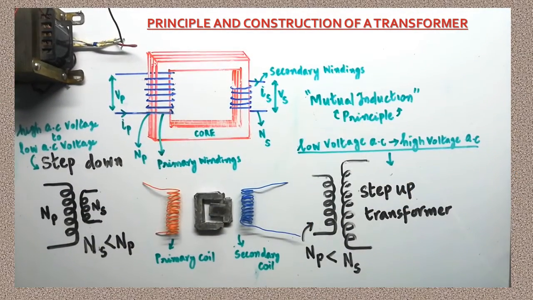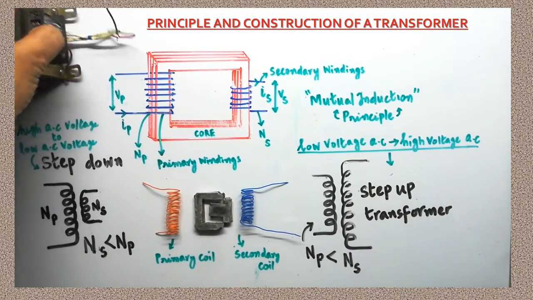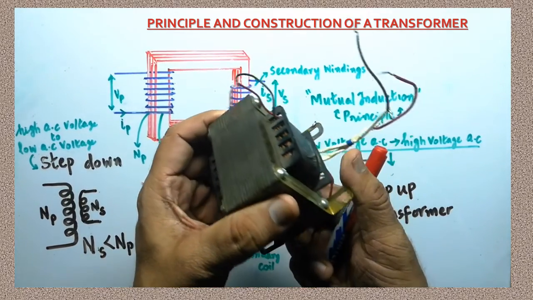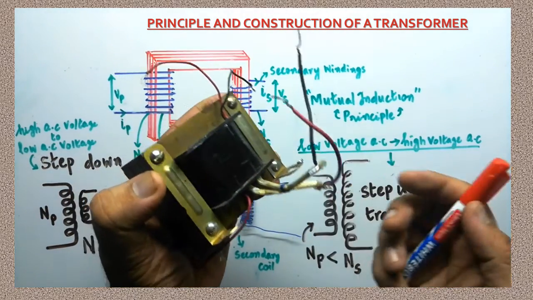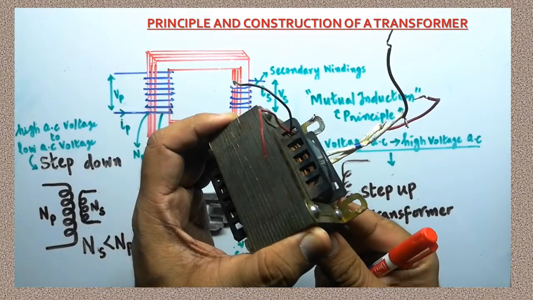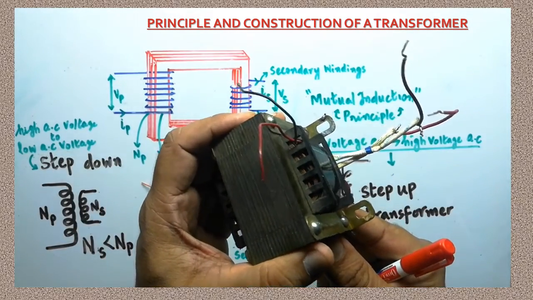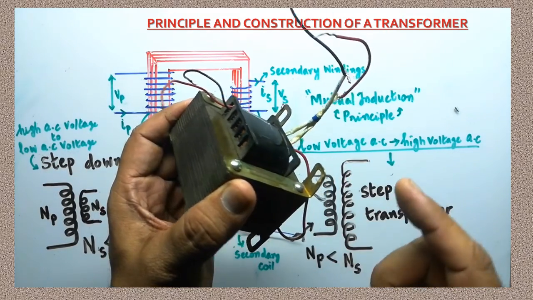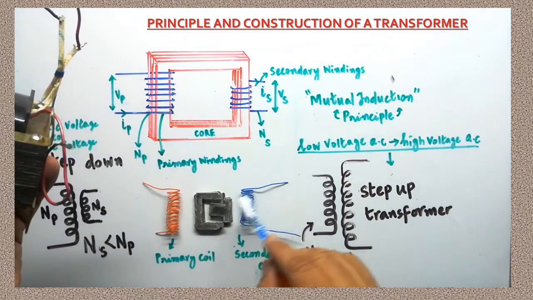Today you are going to learn the construction and working of a transformer. Look at the device. You may have seen this device in electronic or electrical circuits. This one is called a transformer. It's a real transformer. There are three parts in the transformer. If it is dismantled, you could see the three parts. Look at the dismantled parts here.